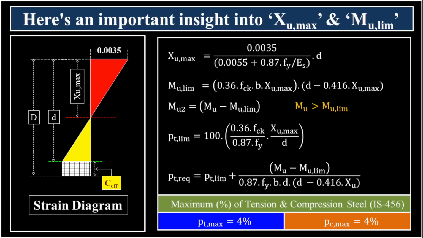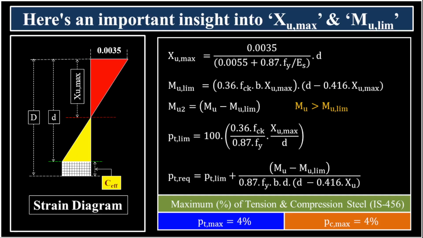fck is the characteristic compressive strength of the concrete. All these formulas I have explained in my video on singly reinforced section in detail. Notice that the value of Mu lim depends on xu max, and xu max in turn depends on Es, fy, and d. For elements within the same project, we typically maintain constant material properties, such as fck and fy. If we also need to keep the dimensions d and b constant, then xu max and consequently Mu lim will